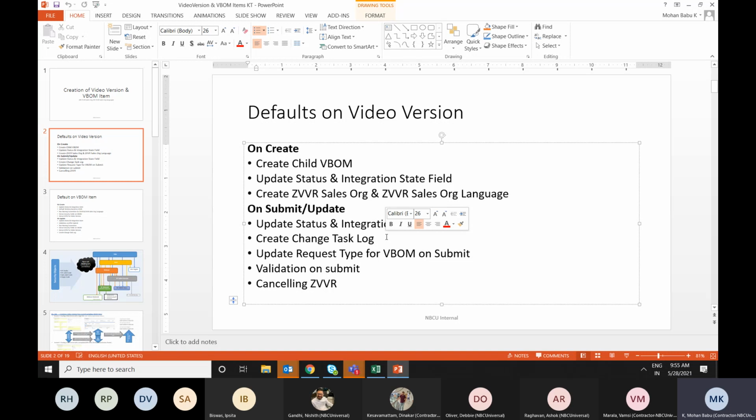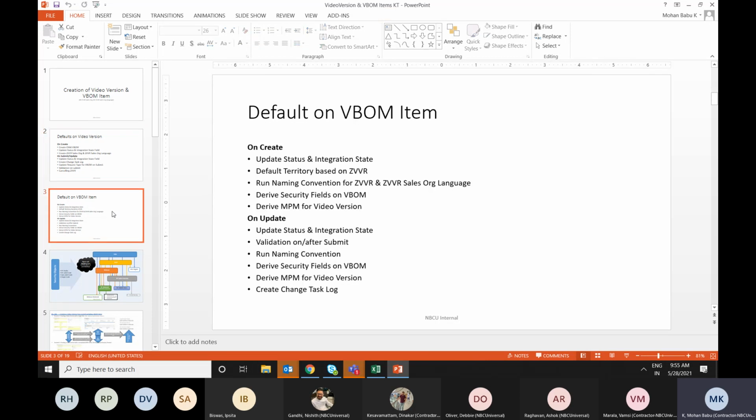If you change any field after requested, a task will be created. Based on integration, informational or not started, we'll update the status value to changes pending. Perfect.